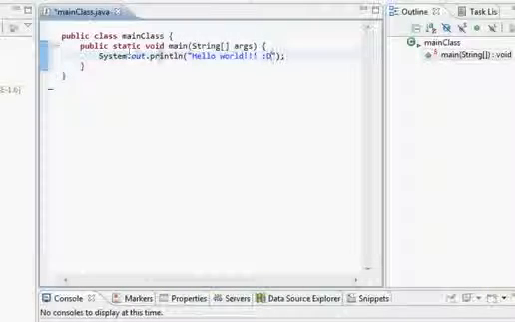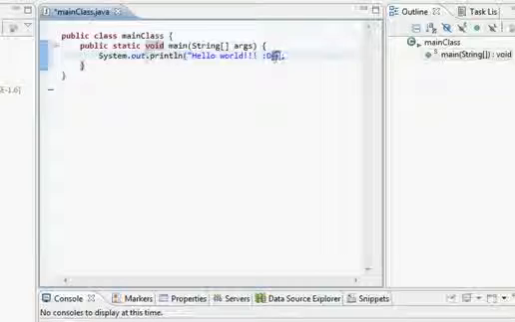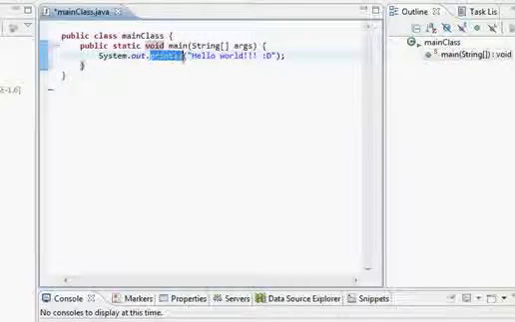So, let's decompile this for now. You see these round parentheses here. That means it's a method. And this thing is a method. Println is a method right here. And it obviously does something, but what does it do? What's